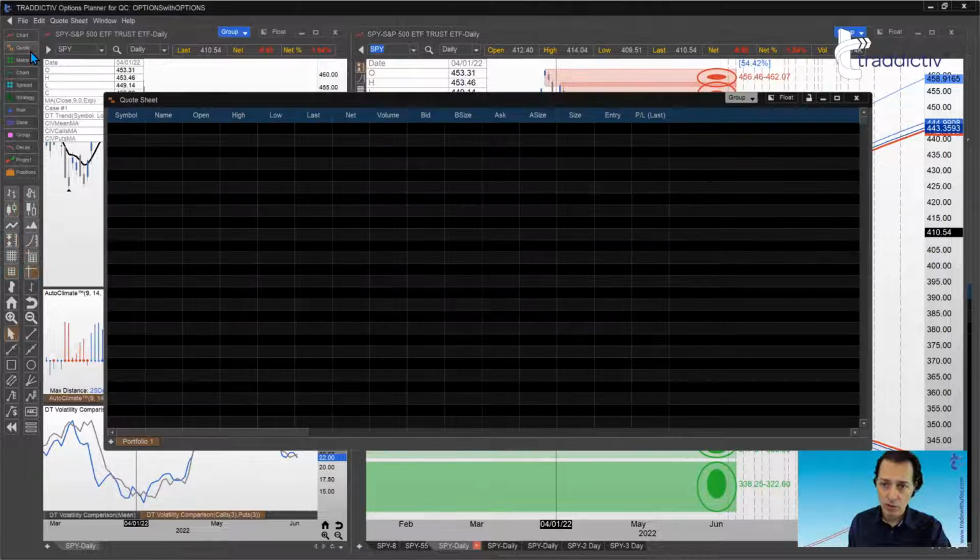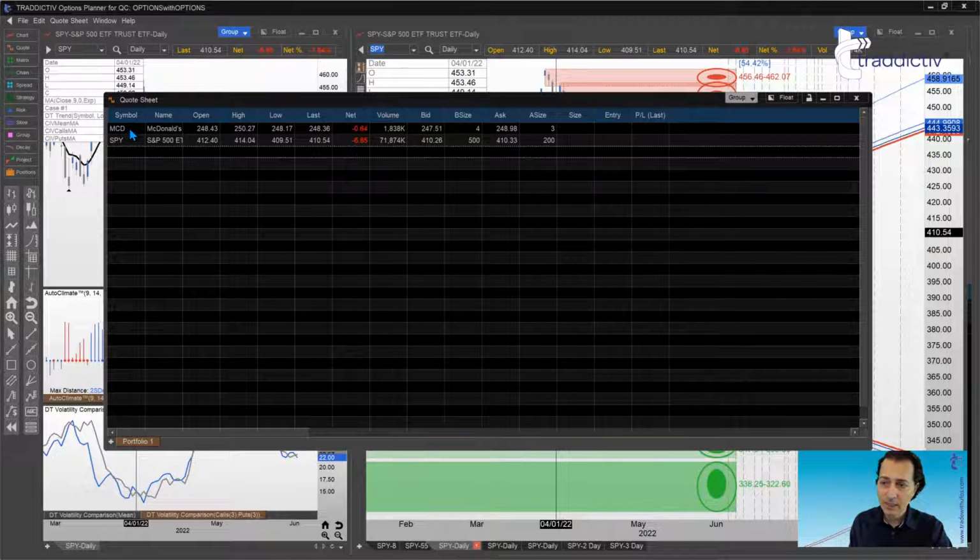So, what is a quote sheet window? Well, this is a window where you can input any stock symbol, for example, McDonald's or the SPY ETF, and automatically a series of columns pop up with the real-time information. The beauty of these quote sheets is that you can